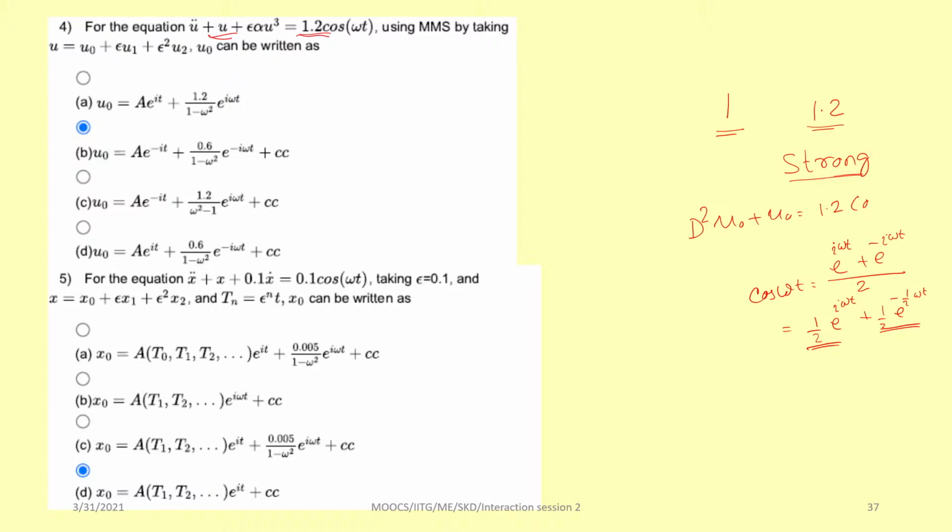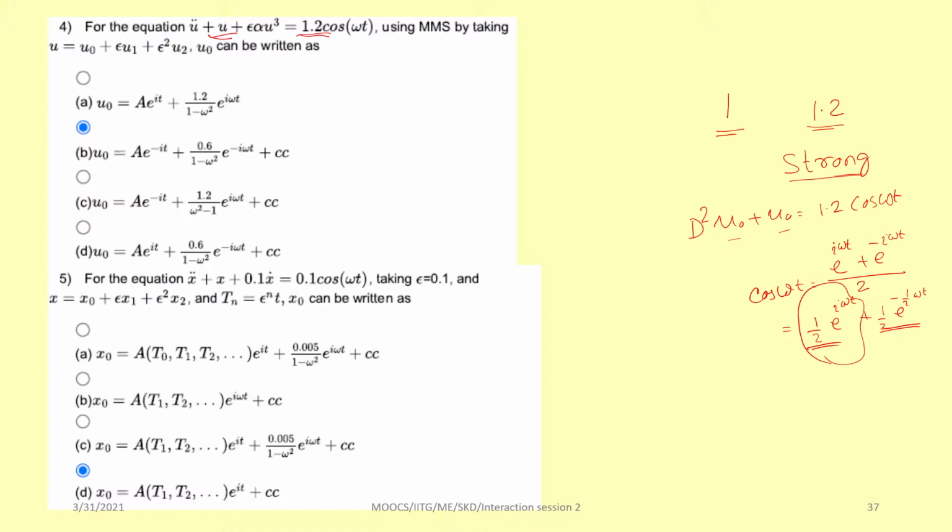So the particular integral will contain, so the complementary part, when this right hand side equals 0, for that you can get a e to the power i t plus a bar e to the power minus i t. So the complex conjugate part you need not write. So the solution will contain a e to the power i t plus, for this part, we can have, so here also you should have c.c. You just see in the first part c.c. is not written, so that is not the correct answer, that's why. So in the second thing, a e to the power minus i t plus